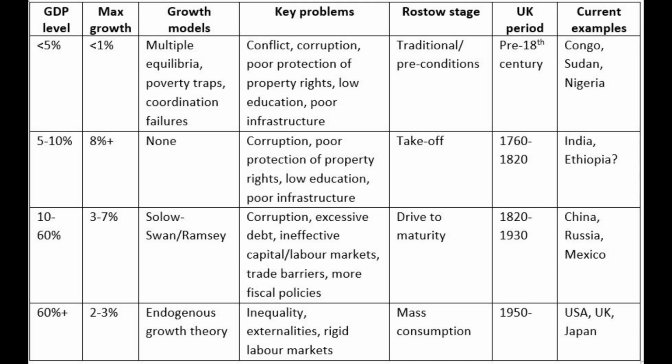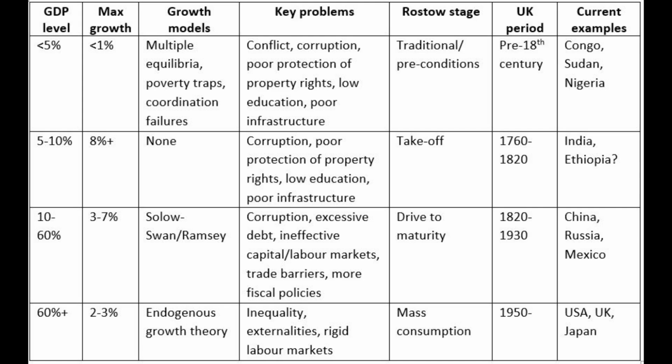So there's a threshold that appears to be reached, which once you overcome that, you're able to grow much, much more rapidly. And this is interesting because it means that even countries that only have slightly better conditions, a little bit better infrastructure, somewhat less corruption, somewhat better protection of property rights, might just reach that threshold where they're able to break free enough for sustained growth to begin, or for the takeoff to occur.